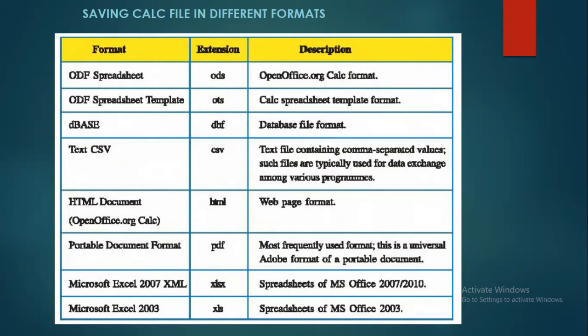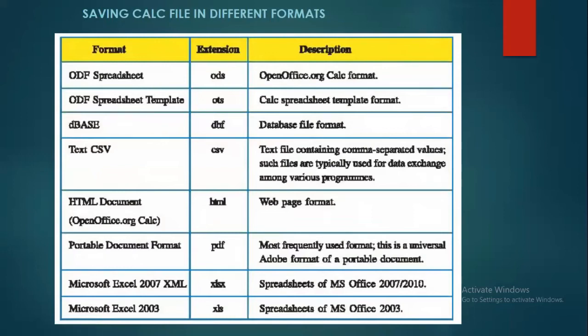Then XLSX, that is Microsoft Excel 2007 or 2010 version. So even if we are creating this file in Open Office Calc, we can save it in MS Office file format from here itself. And if you save it as Microsoft Excel 2003 version, the extension will become